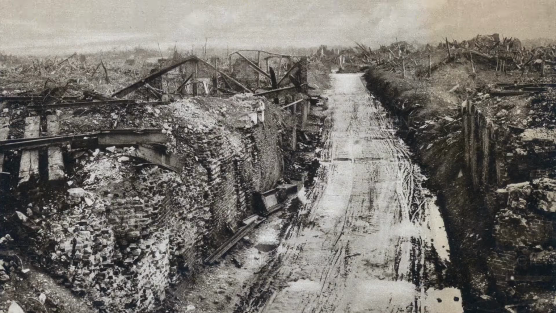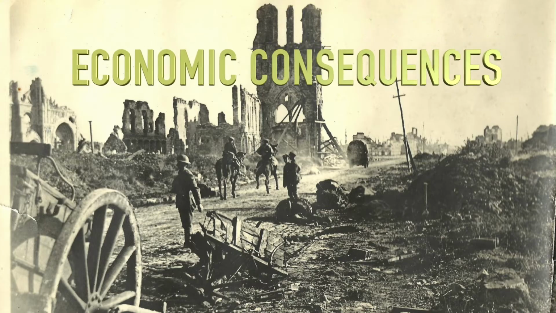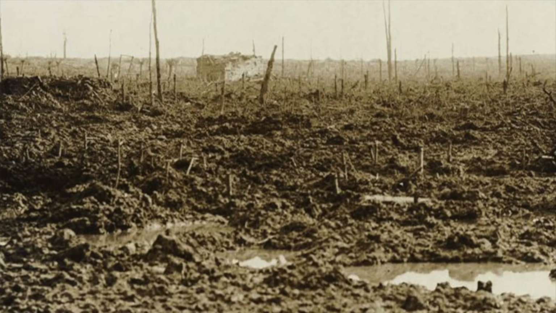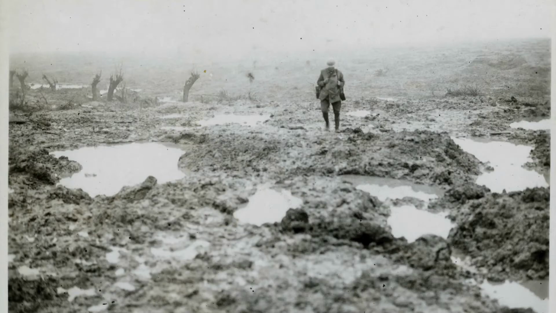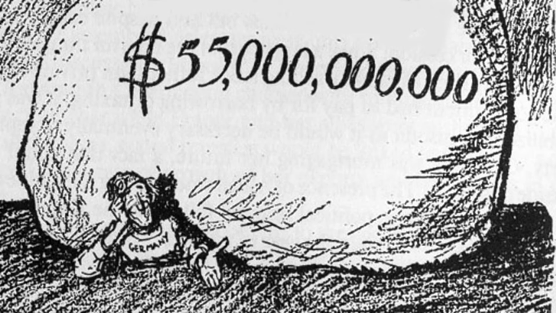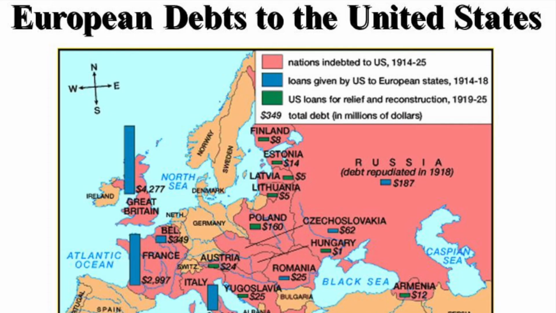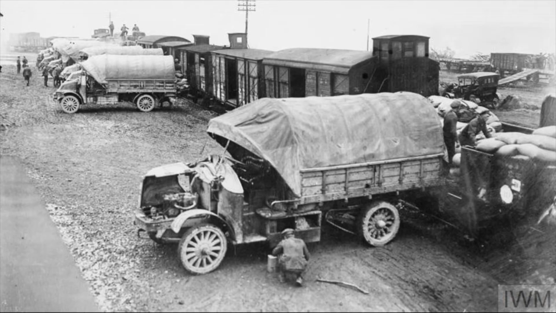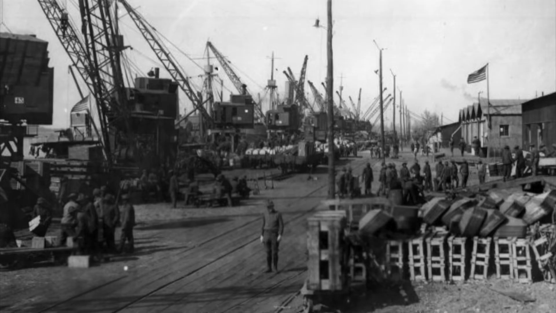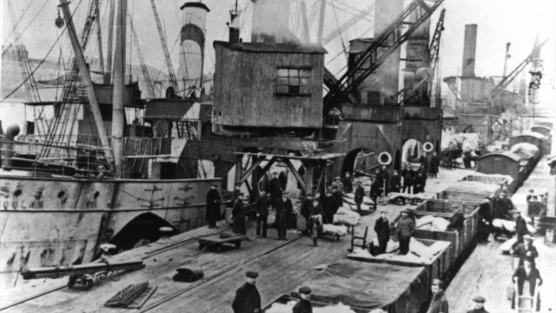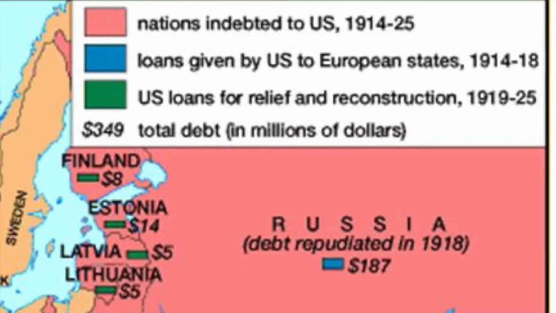or disappeared people. Economic consequences focus on destruction of towns, crop fields, and mines in northeast France, Belgium, and northern Italy. The costs of war were also high for Britain and France, so they borrowed a great amount of money from the United States during the years of the war. It wasn't actually money, it was supplies. Weapons, food, oil, minerals, and chemical products were borrowed from the United States, and as a consequence, Europe acquired a